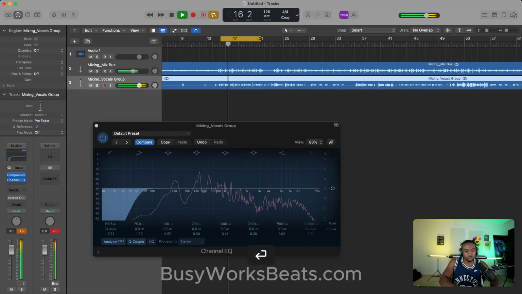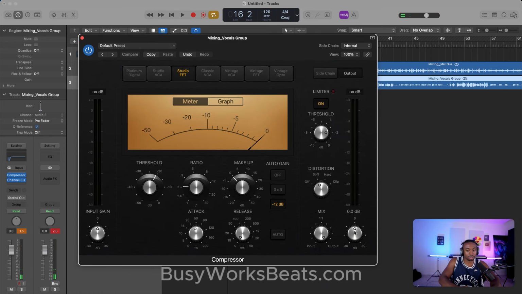We need to go to the compressor and lower our output gain. This is called gain staging here to monitor what we're doing with the gain. Right now the gain is, it tells us on the left,